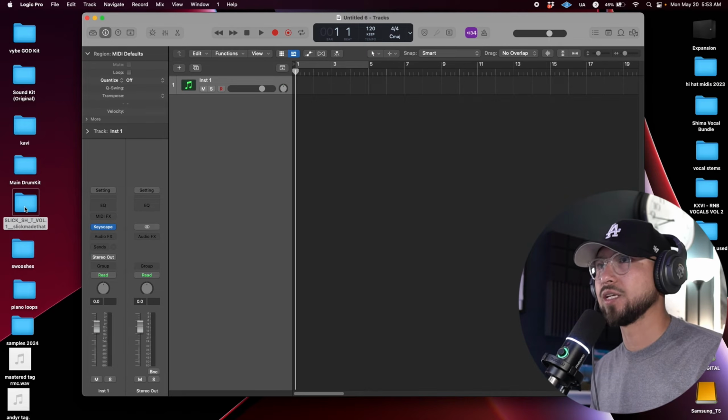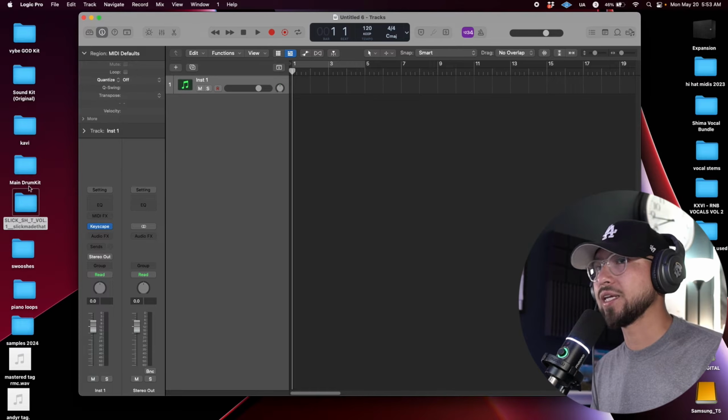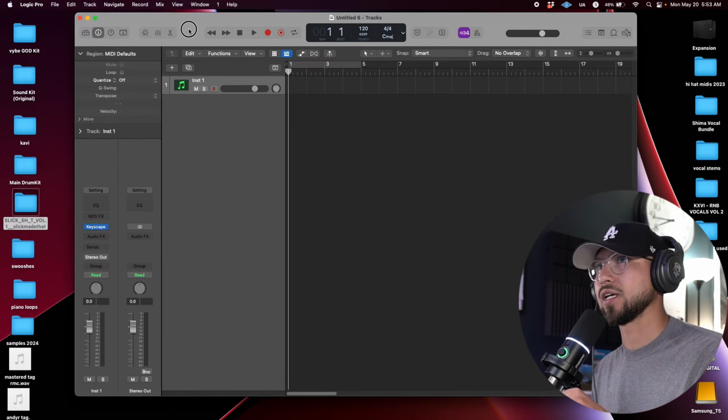Okay, so one of the fastest and easiest ways to import or use your own sounds in Logic Pro is simply by doing these steps right here. And there's only maybe like 3 different ways that I know how to do this, but this is the fastest and easiest way. So one of them is simply by dragging and dropping an audio file inside Logic,